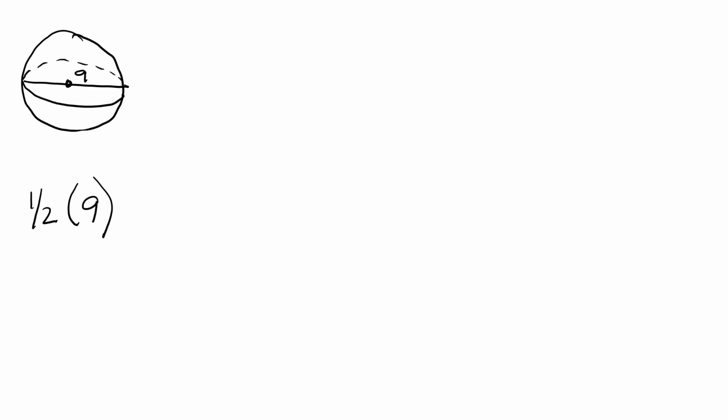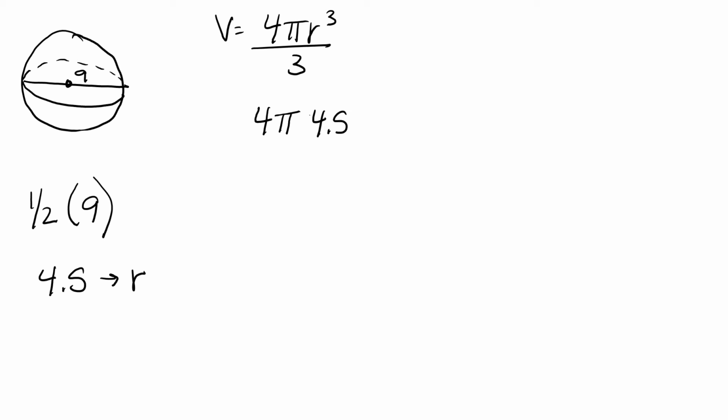For the last problem, we have a sphere, and in our sphere we have a diameter of 9. So our first step is to take half of our diameter. Half of 9 is 4.5, and so that's the value that we're going to use in our equation, 4 pi r to the third power divided by 3. Plugging in the radius, 4.5, we solve the exponents first. 4.5 to the third power is going to give us